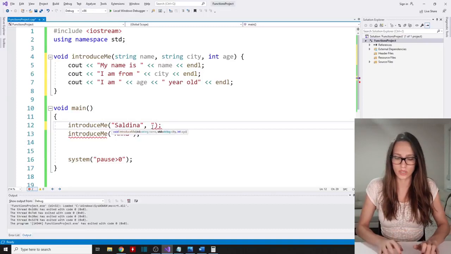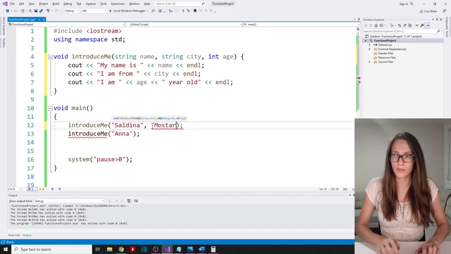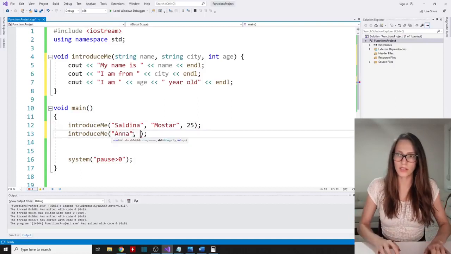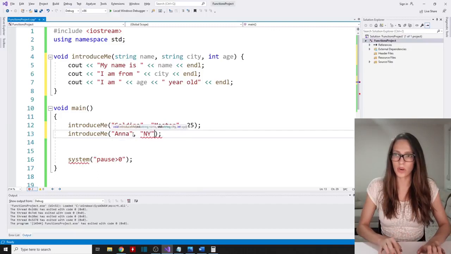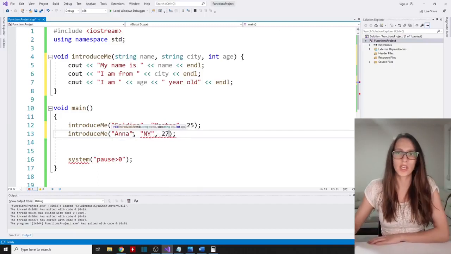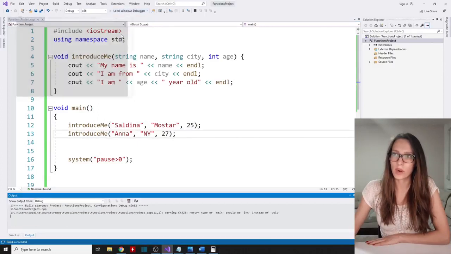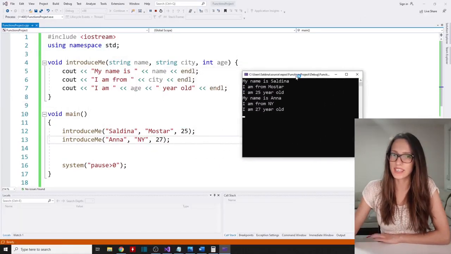So I'm going to write out Mostar, like this, and then I am also going to specify age. So I'm going to say 25. And let's do the same for our Anna user. So I'm going to say that our Anna is from New York, and let's say that she is 27 years old, for example. So now when I run my program, you can see that